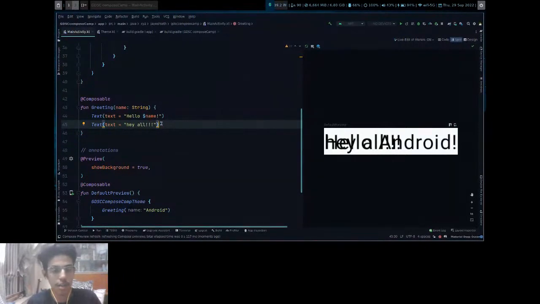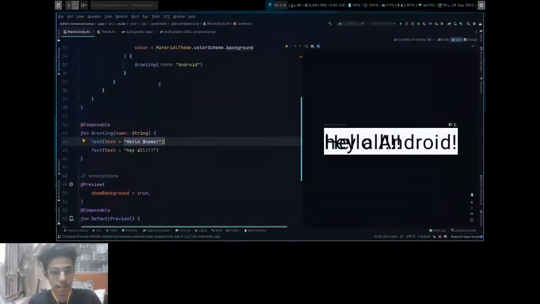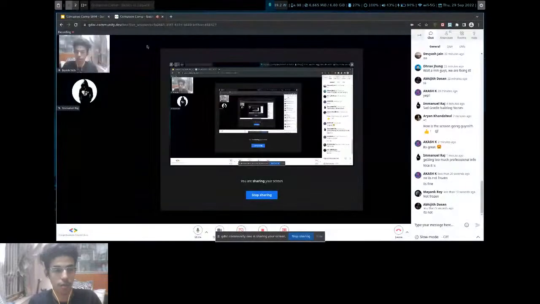Okay, so here we have two text composables. Hello Android, the one that is being displayed on top, and one more that we created here.